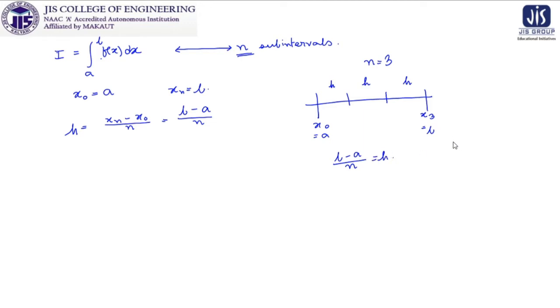So just as an example, if we take b is equal to 3 and a is equal to 0, so as n is equal to 3, we are going to get the h as (3 minus 0) by 3, that is 1. So one most important observation is here that these points are having equal spacing, and that spacing is denoted by our h. Now these are the groundworks what already we have done. So the function is given and we got these things.